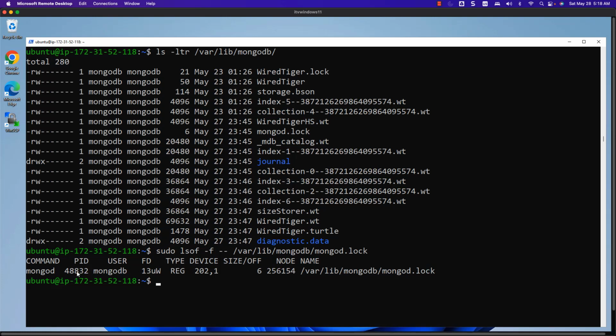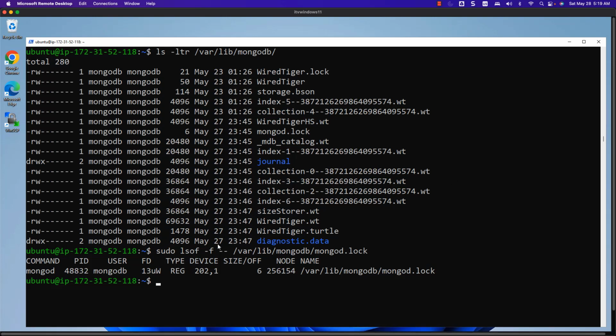Once you get the process ID, you can manage this process. If you want to kill this process for whatever reason, you should be able to kill it. If you want to troubleshoot further, you can do that. Many times there might be some other process which should not be controlling this, but is controlling it. You should be able to get those details here, and then you can take the required action to fix the issue. This is how we should be able to get the process details that is controlling a file